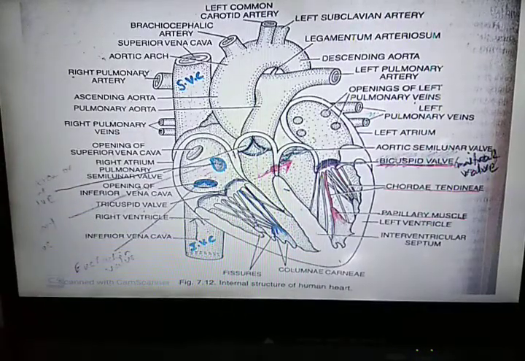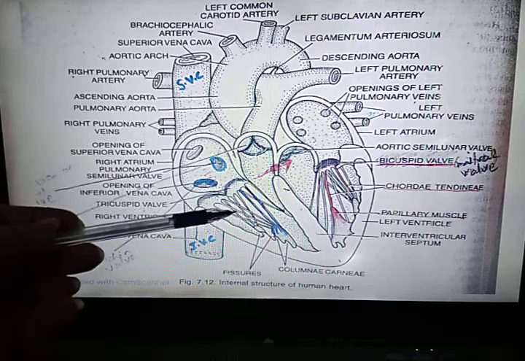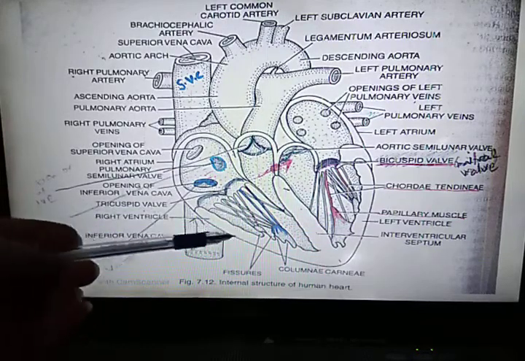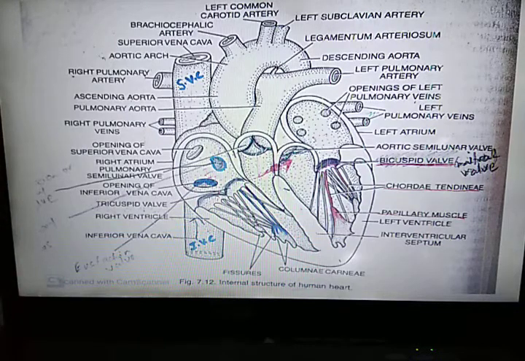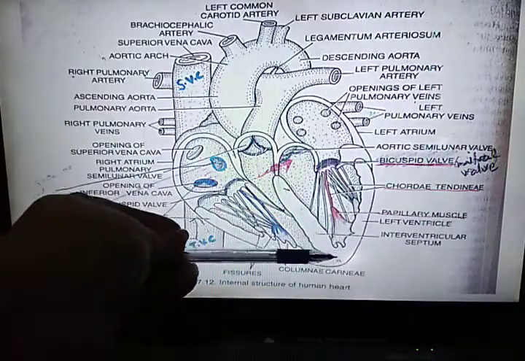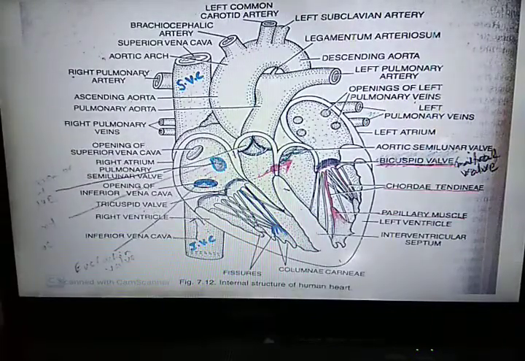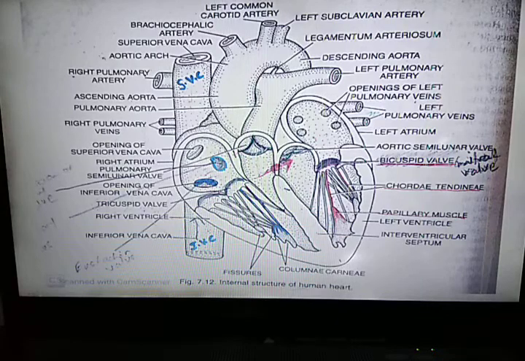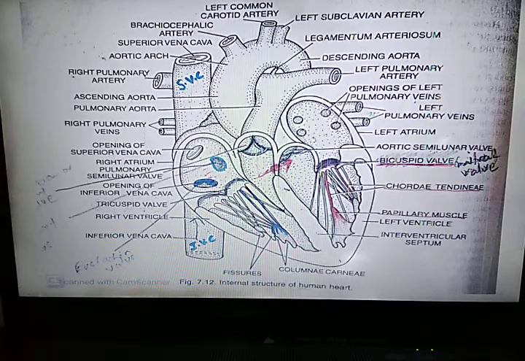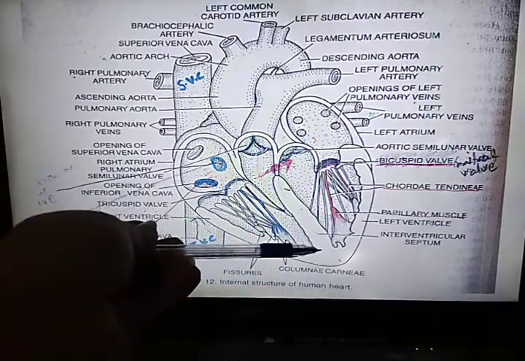Ventricles act as distributing chambers for the blood reaching from the auricles. They have a thicker wall as compared to the auricles because they have to pump the blood to far-off regions. Now the left ventricle has a thicker wall as compared to the right ventricle because the left ventricle has to pump the blood to the farthest end of the body, whereas the right ventricle has to pump the blood to the lungs, which lie nearby.